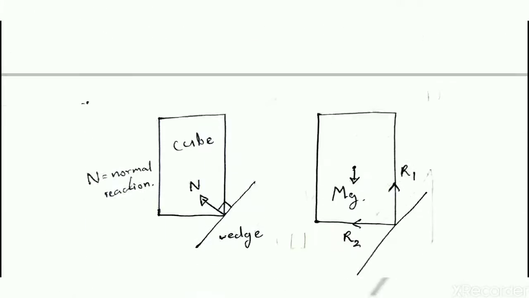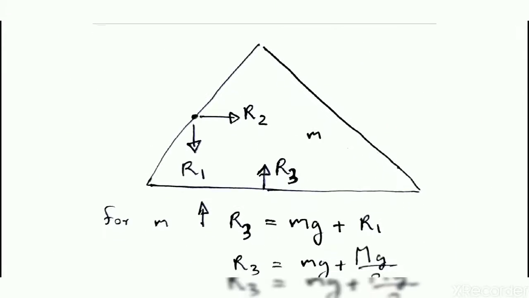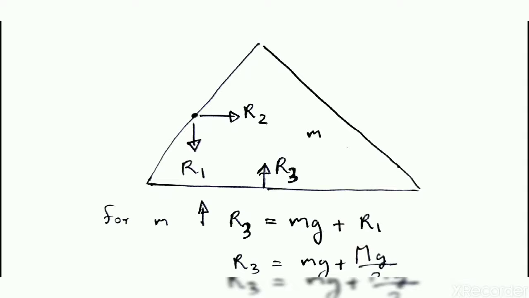So we have to find out the force, that is R2, given by the cube itself. The cube acting on the wedge will give an R2 force which will move the wedge towards the right side. To stop that, there should be a friction against R2, of equal magnitude to R2, and that is the friction force. And now we are going to use the F equals ma equation for the wedge.